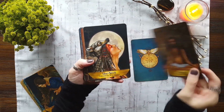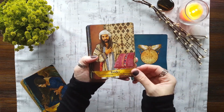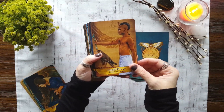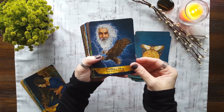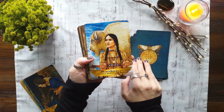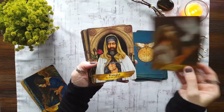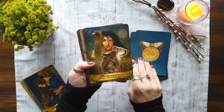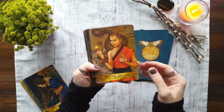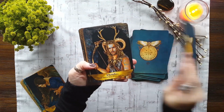So we have the Hermit, retreat and recharge; She-Wolf, unleash the wild within; White Witch, be the light; Trader, exchange energy to create abundance; Mother Earth, feel loved and comforted; High Priest, intend and create; Father Sky, trust in the unknown; Druid, hold the space; Elder, move beyond ancestral patterns; Peacekeeper, let go of the need to be right; Great Teacher, learn from spiritual experiences; Knight, be brave and honest; Shapeshifter, transform and unveil your gifts; Shield Maiden, make plans and focus; Shaolin Master, be graceful in movement and action; Lady, enjoy growth and reap rewards; Hunter, track down your fears and desires;